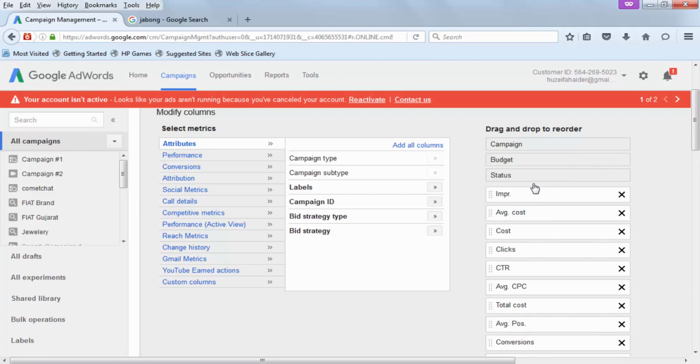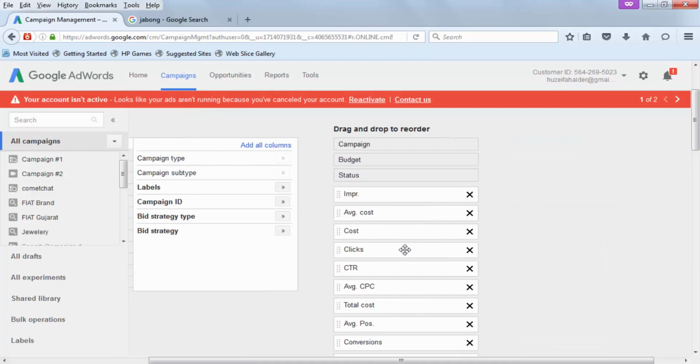I want impressions, clicks, cost, conversions, CTR, average cost per click, average position, cost per conversion, conversion rate,